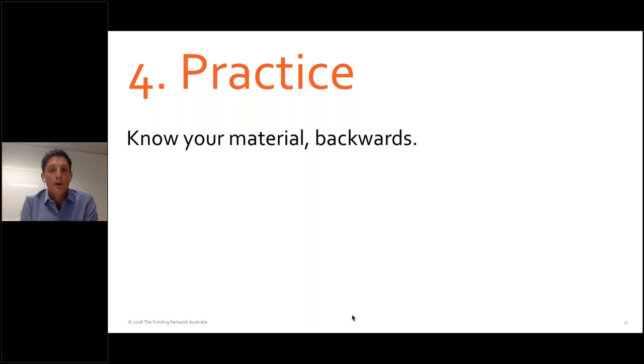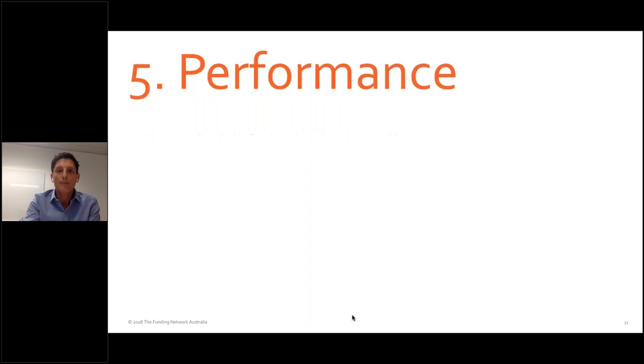And even those people who are excellent at researching their audience and knowing exactly what they want to get from their audience, and who are highly connected to their own personal passions and their why, still don't spend enough time on practice. You need to know your material upside down and backwards.